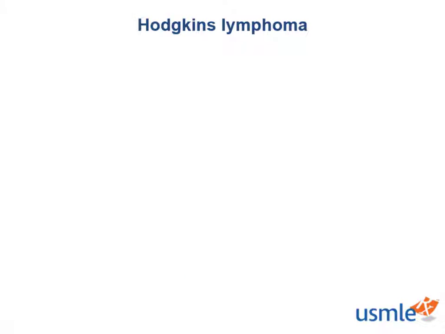The name Hodgkin's lymphoma tells you a lot about the disease. Lymph in lymphoma indicates that malignant lymphocytes are involved, and the oma ending tells you that these malignant lymphocytes form a mass, usually in a lymph node. This distinguishes lymphomas from leukemias because with lymphomas, the malignant cells are predominantly in the mass form, hence the oma ending. Whereas leukemia has the emia ending to indicate that the cancer cells are predominantly in the blood because